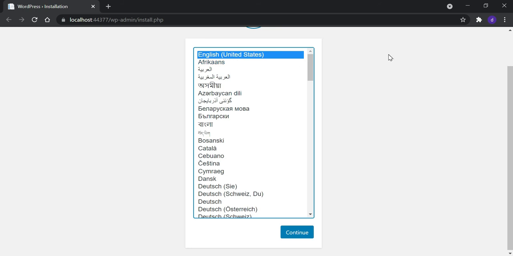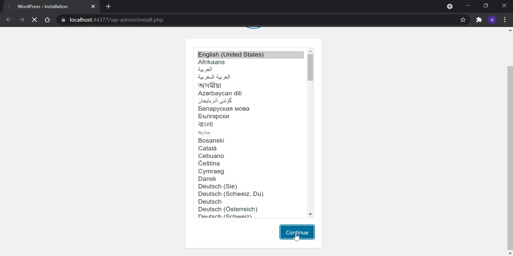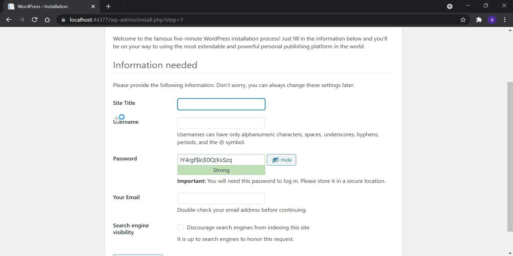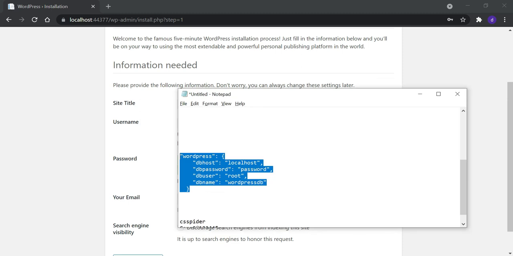Choose English (United States), then continue. Here it asks for some basic information that we need to type. Let's type WordPress as the site title. Let's set the username. We have used CS Spider, and the password.